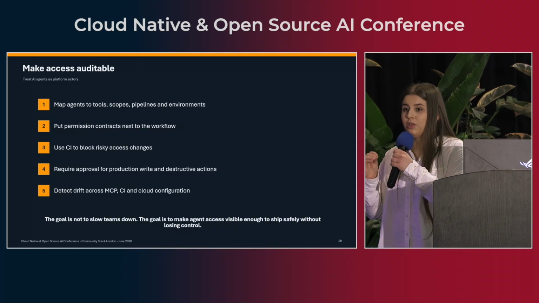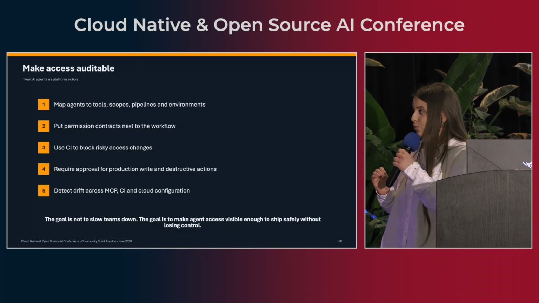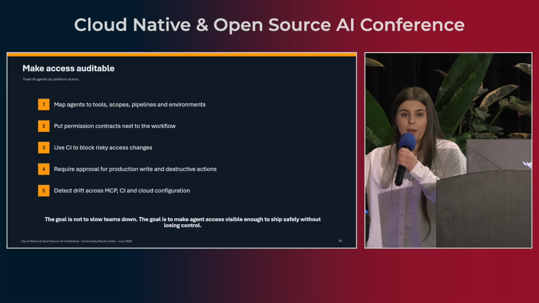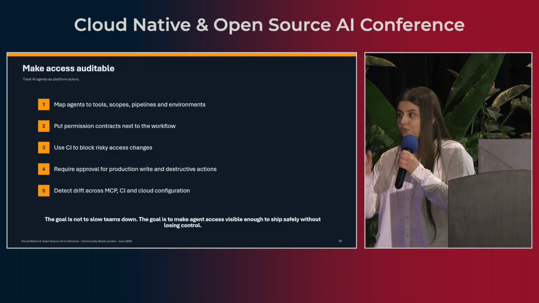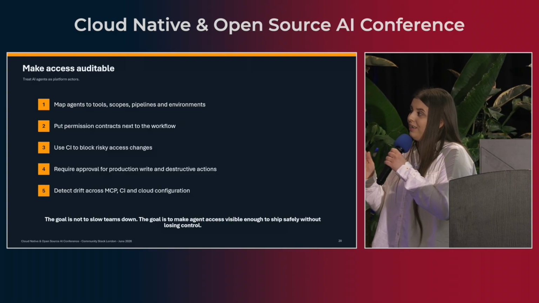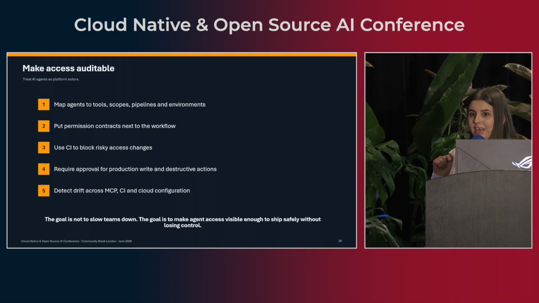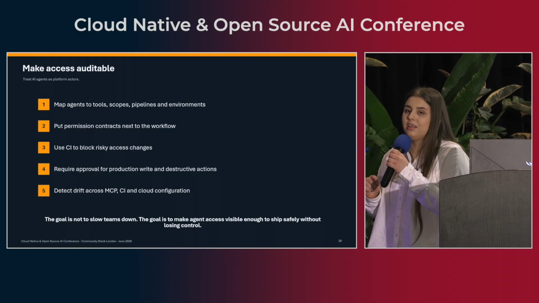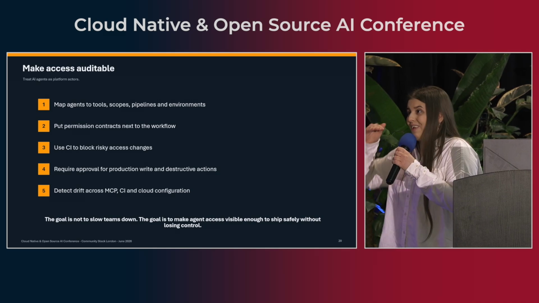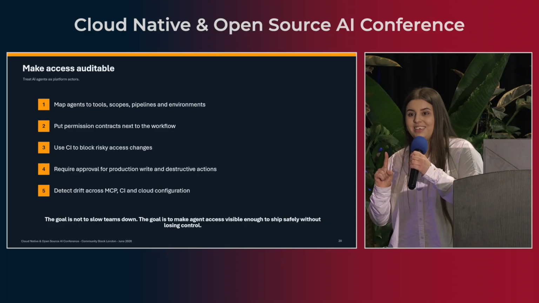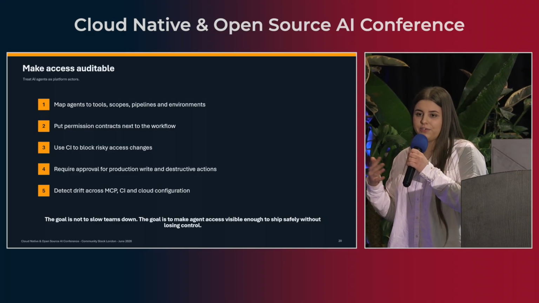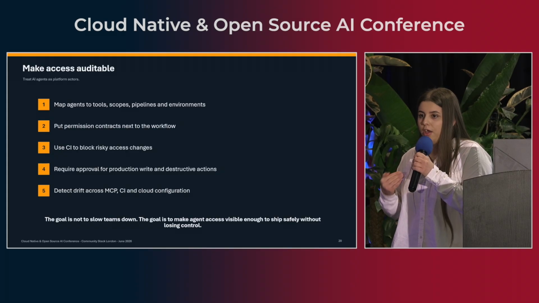We want to make sure that we understand what agent has access to what tools and where it has that access. Does it have access to all of my pipelines, or will every specific agent have a specific pipeline assigned to it? I want to see hashes. I want to see the trail that will bring me back to that specific agent and not like 5 other agents. In the systems that I review, there are always like 5 different things, and one is the one that works. It's a poor setup where you have 5 different agents, but you can't tell apart what agent does what.